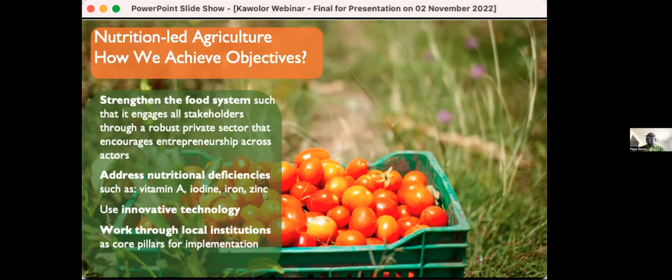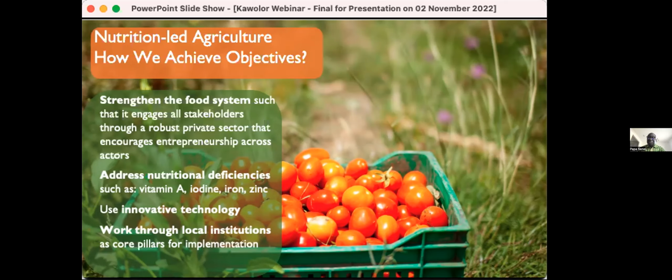When we started the program in Yagende in 2011, deficiency was close to 25% for vitamin A in children, 55% for iron, zinc was 50%, and iron was 54%. We kept that in mind and focused some of our interventions on addressing the deficiency, for example, by working around selective crops, and that is the link with the innovative technology, the following bullet.